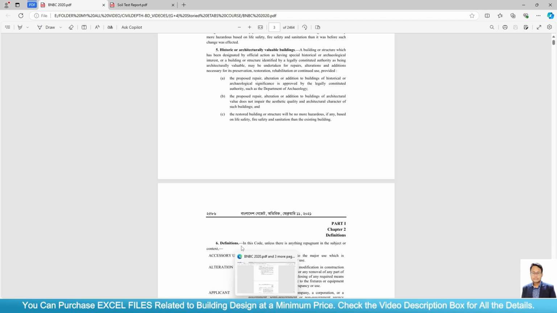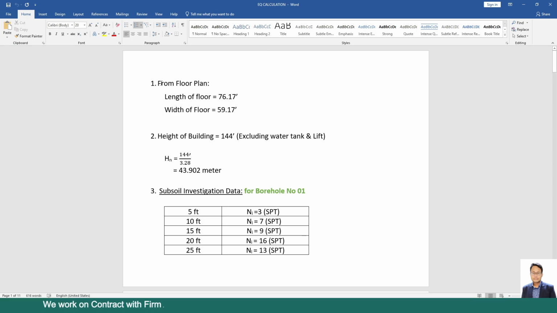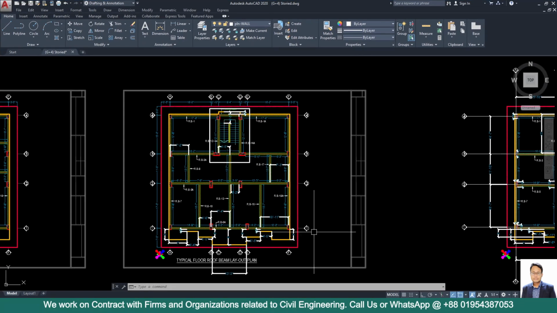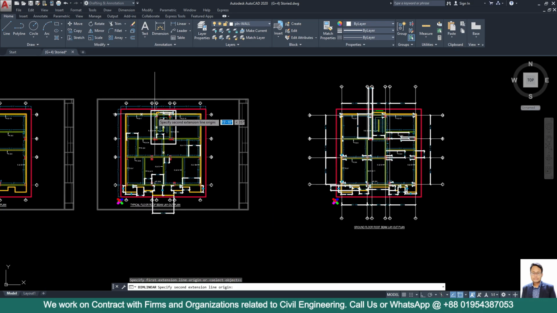Now we have also prepared a Word file here. At first we will do some manual calculation here. After that we will input these values in ETABS. At first we need to know the length of floor and width of floor. So go to AutoCAD. Here we can see the length of floor is